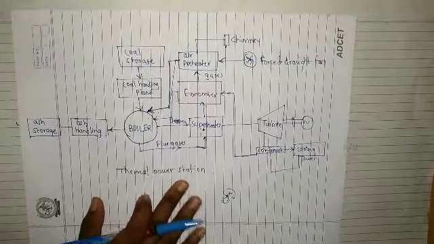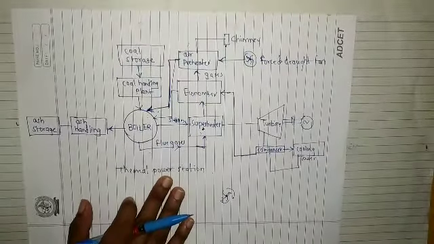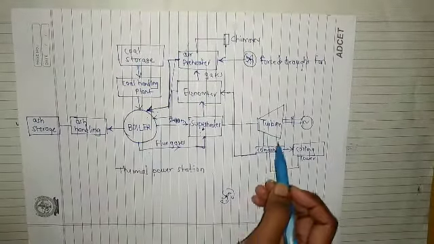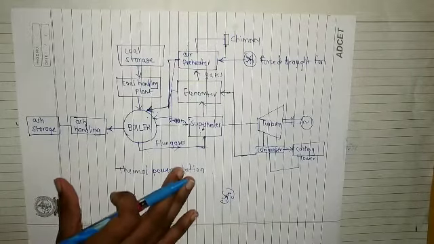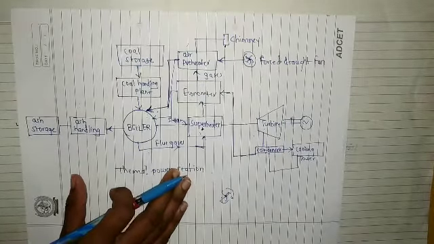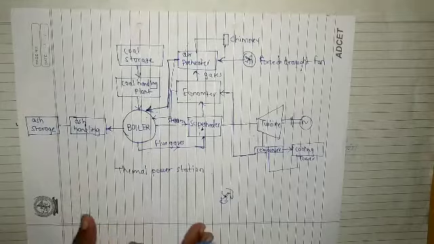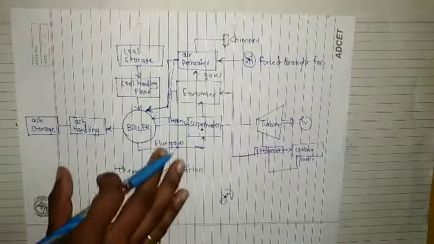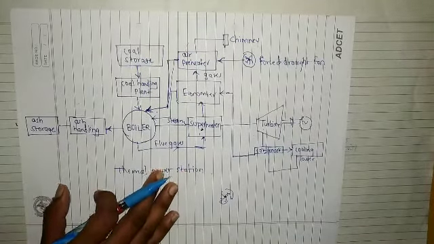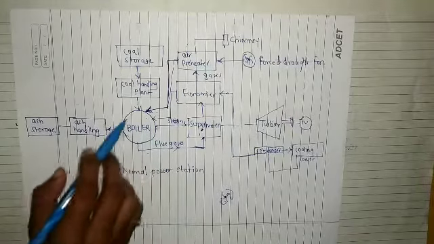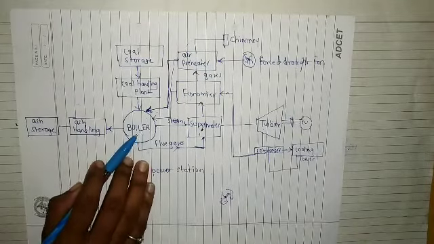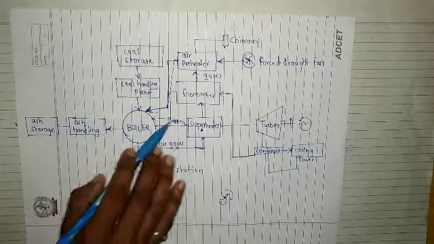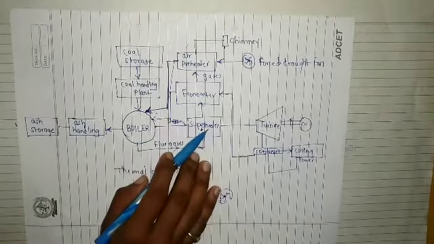So now what you have to write in the exam for this thermal power station? First draw this layout, give 3, 4, 5 description lines. Then next you have to give the function, the description of the equipments. Now you have to give the description of this boiler, economizer, superheater.